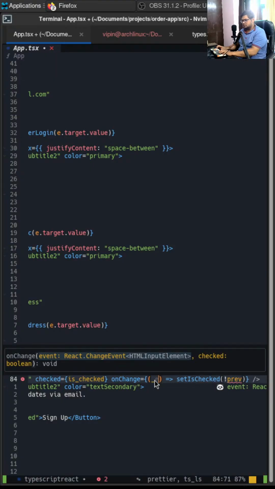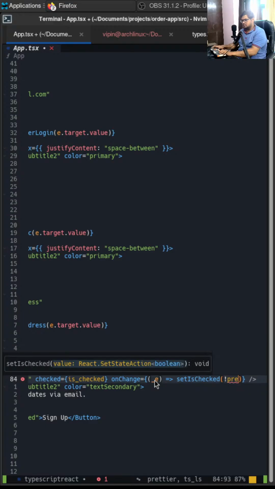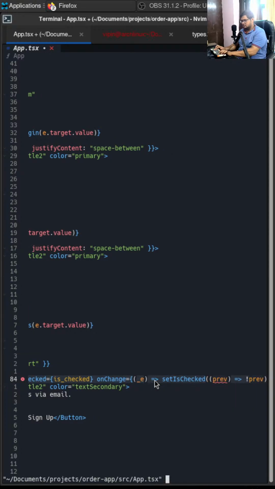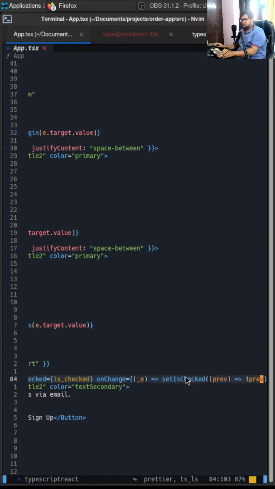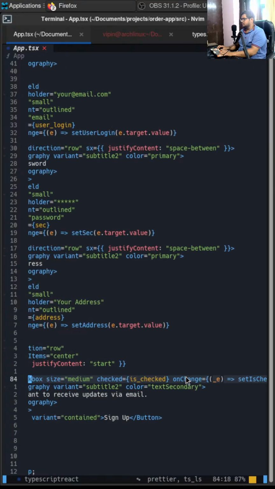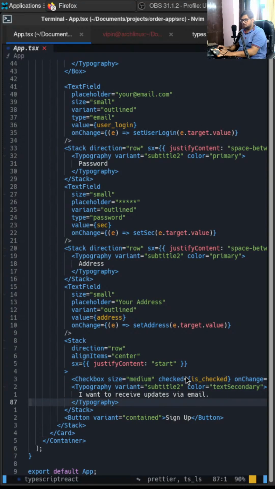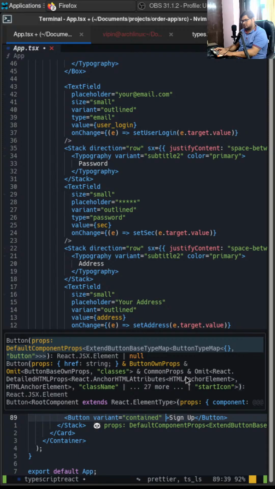Of course I won't use this thing. Maybe I could just say previous value to not previous value. Yeah, so this is it. Now on this button, maybe I could say on click